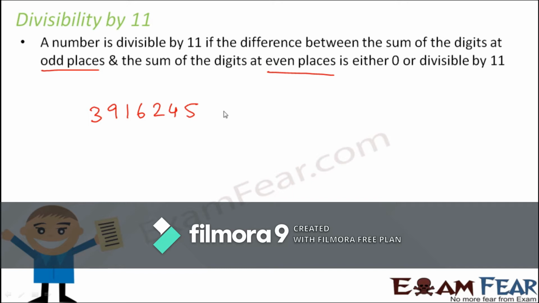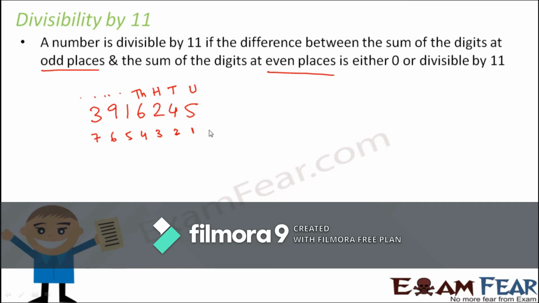Now, this counting of odd and even places will always start from right. This is an important thing to remember. So, you will start positioning the digits from your right hand side, that is from the units place. So, this is units place, this is tens place, this is hundreds place, thousands place, and so on. So you will always start numbering the position of the digits from the units place. So let us say this is position 1, position 2, position 3, position 4, 5, 6, 7. So this is a 7-digit number and you have 7 positions of the digits.